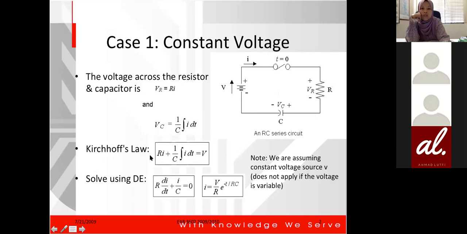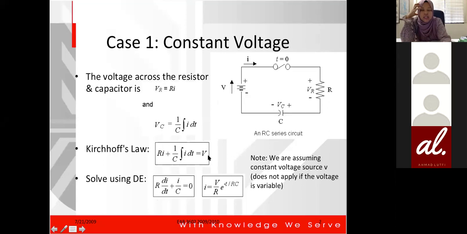And Kirchhoff's law will say that Ri plus, meaning VR plus VC is equal to V. Okay, VR plus VC is equal to V. Okay, so this is VR, this is VC. So it's equal to V. So okay. So when you do a differential equation, if you learn from your mathematics 2, differential equation, you will get this. Solving this